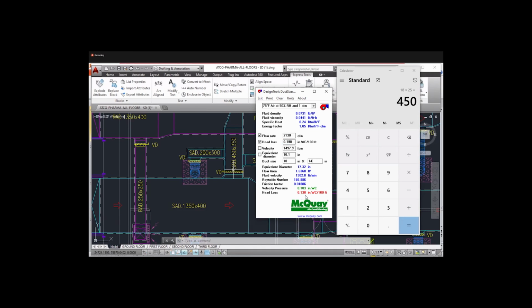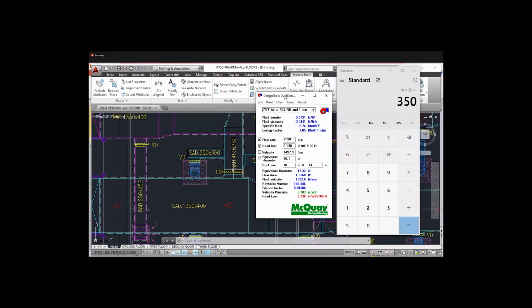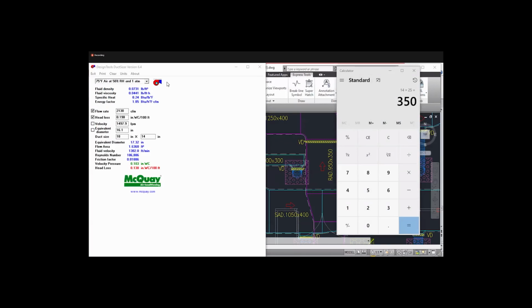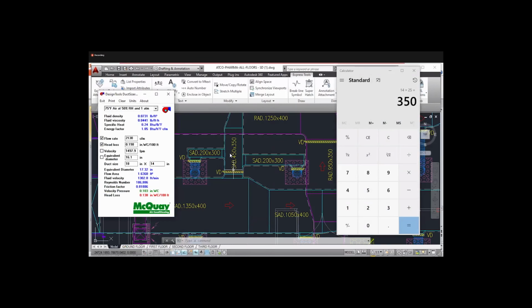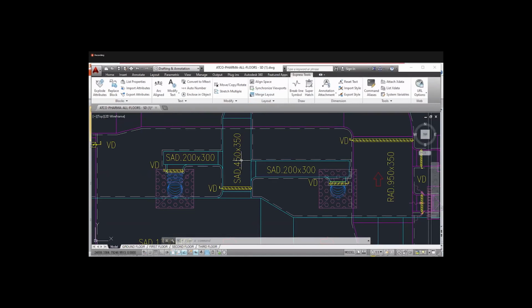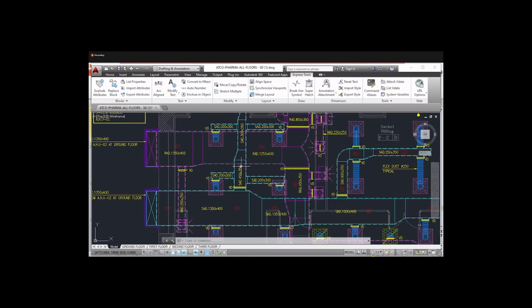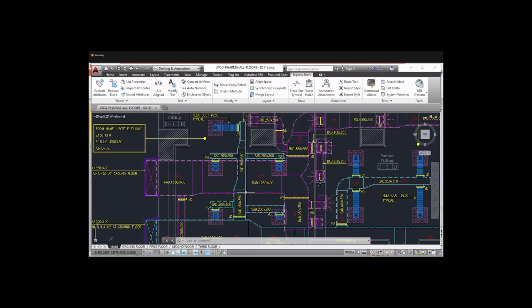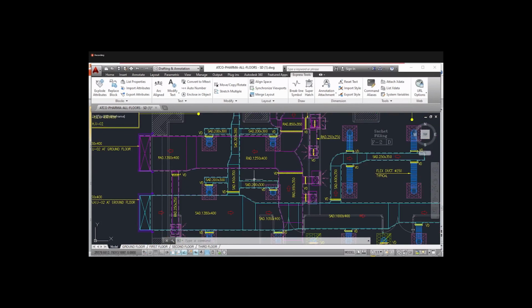Now it's 0.138, so it's less than, so it's okay. 14 inch is 350. So our duct size is 450 by 350. So it's the perfect duct size as per our calculation and ASHRAE standard.